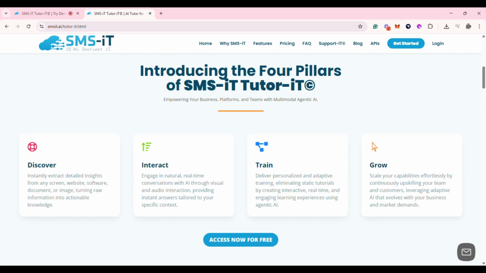Beautiful. Can you tell me more about the 4 pillars? The 4 pillars of SMS-iT Tutor-iT are Discover, Interact, Train, and Grow. Discover instantly extracts detailed insights from any screen, website, software, document, or image, turning raw information into actionable knowledge. Interact engages in natural, real-time conversations with AI through visual and audio interaction, providing instant answers tailored to your specific